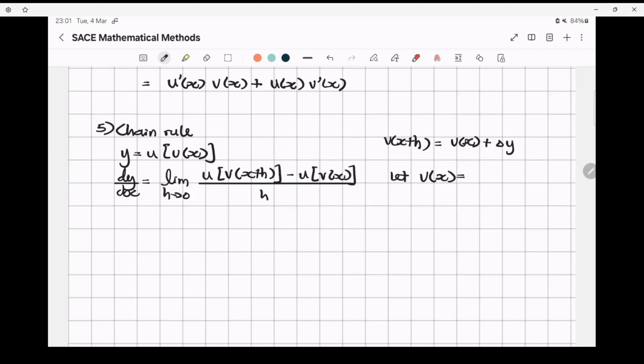So let's assume that this stays true. Usually the function that we are going to study, they sort of satisfy up to the first order of this equation. Okay, so if you let v(x) equal to y, for instance, then